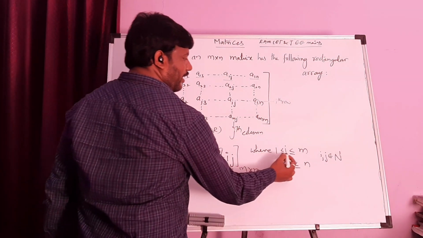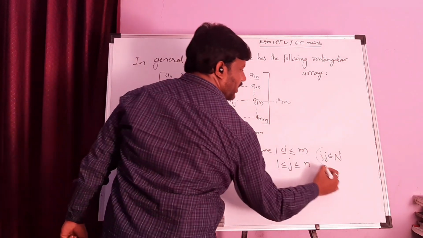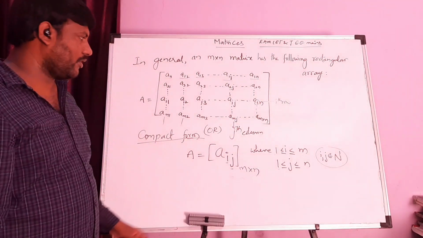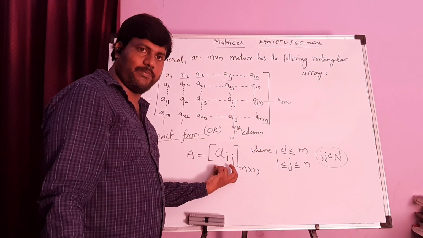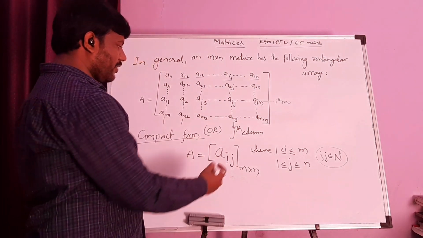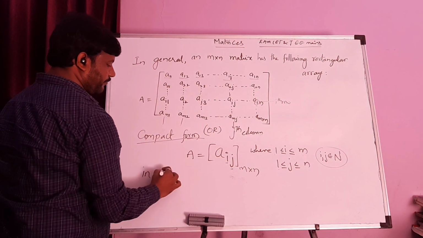A_ij is an m by n matrix, where i lies between 1 to m and j lies between 1 to n, where i and j are natural numbers. This is a compact form for the big notation, the smallest form. This is very important. Based on this, in general in this expansion, we observe